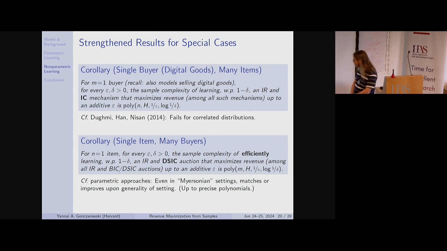There's a whole other genre that I mentioned yesterday, but I will not speak about, which is what do you do with unbounded valuations. There, obviously, you don't have dependence on H. There you have to assume various tail conditions, that the tail of the distribution isn't very heavy, et cetera. That's a different one. So I'm not going into that when I'm saying we need the dependence on H.